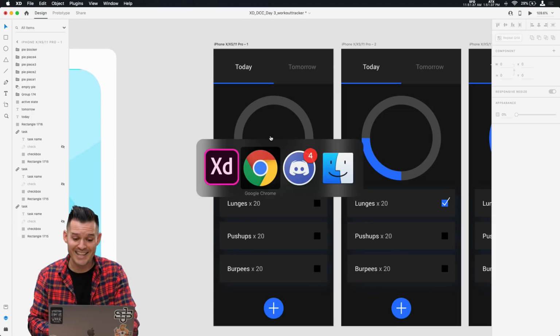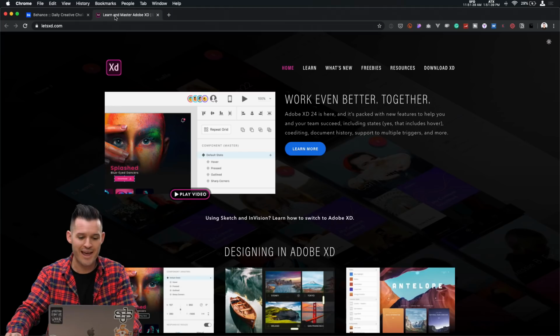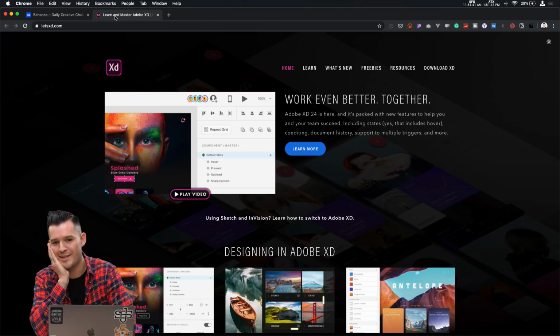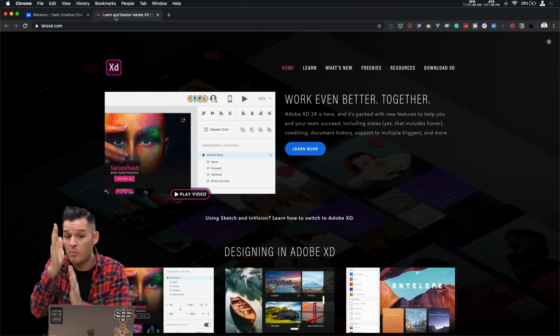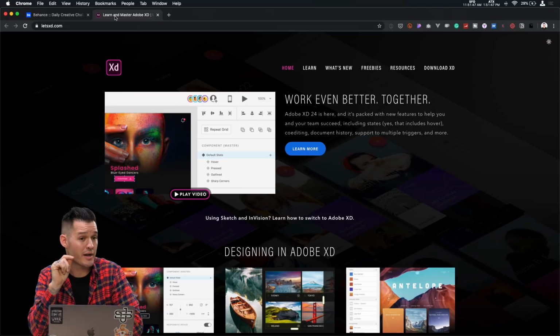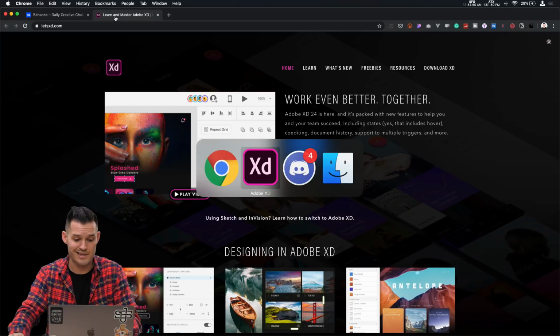Howard Pinsky, number counter tutorial. Look, he's already got that covered. Where does he have that? On letsxd.com. Thanks, Howard Pinsky, for being a champion. You the man. So if you want to learn how to do that number counter, Howard's going to do it way better than I'm going to do it. And he's going to do it right there on letsxd.com.